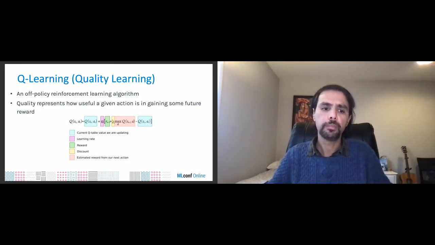Lastly, just to very quickly emphasize here, we have the Q-learning, or the quality learning, formulation. This is just using the temporal difference update, or TD rule. The idea here is to simply keep applying the TD update rule by keeping a certain learning rate and then assessing the reward and the discount. Not to go too much into detail, but this is one of the off-policy reinforcement learning algorithms that we have used in this formulation.